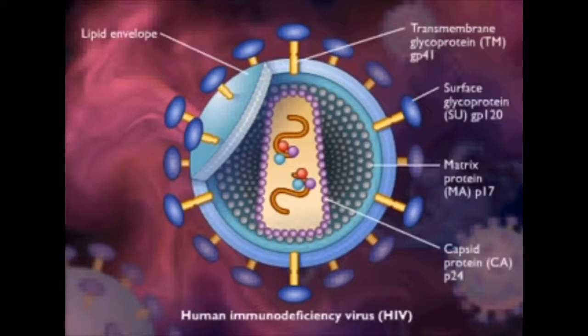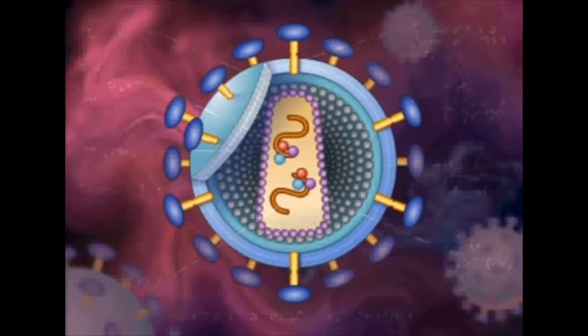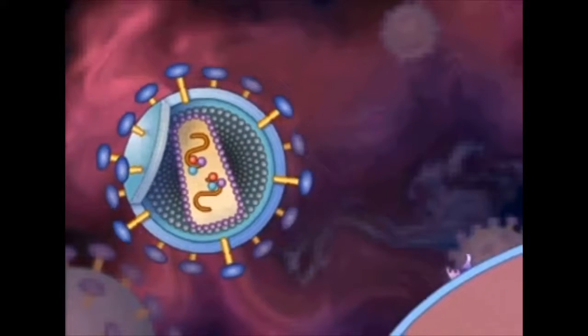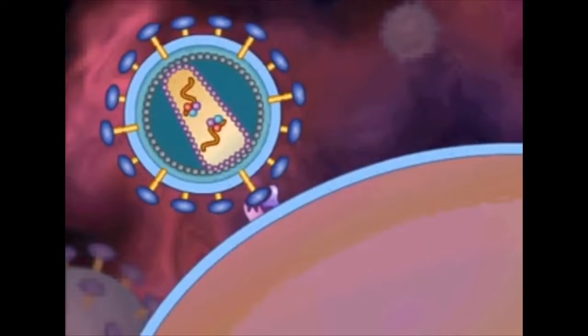Inside the core are 2 identical copies of single-stranded RNA viral genome and 3 enzymes: reverse transcriptase, RT, protease, PR, and integrase, IN. To establish infection, HIV must first attach to its host cell. Attachment occurs by interaction between GP120 on the surface of the virus and the CD4 antigen receptor on the surface